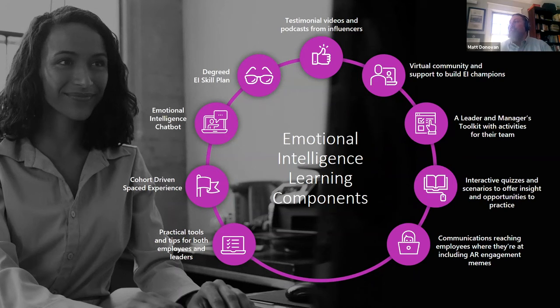A virtual community to support and build emotional intelligence champions, a leader and manager's toolkit that can wrap around Sarah with her manager. She can use it with them, they can use it with her to help bring it into her personal development plan or her work action plans. Interactive quizzes and scenarios throughout, so she can test her knowledge to see if she's grasping the ideas or get feedback on that. Communications, where she's at, to help keep her informed with new offerings that are coming out